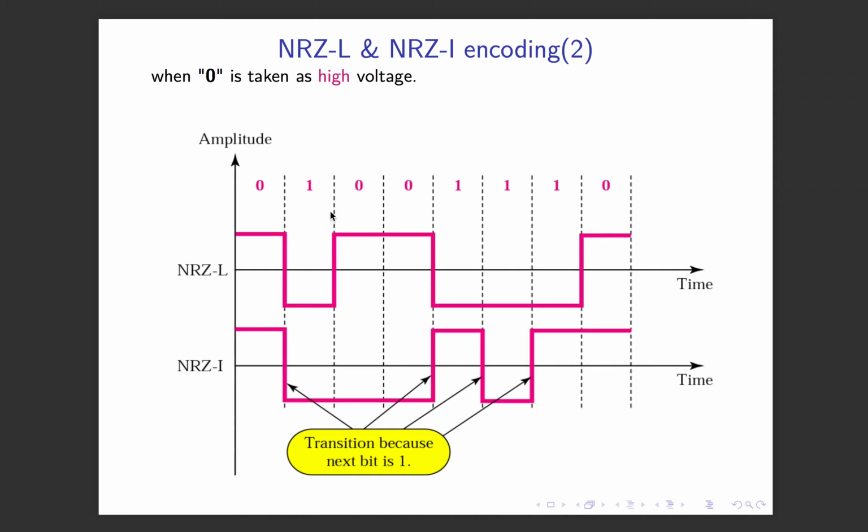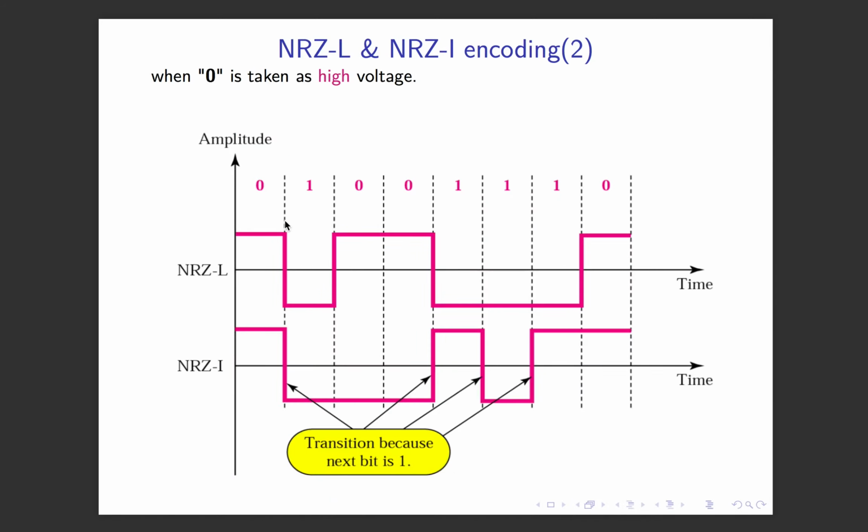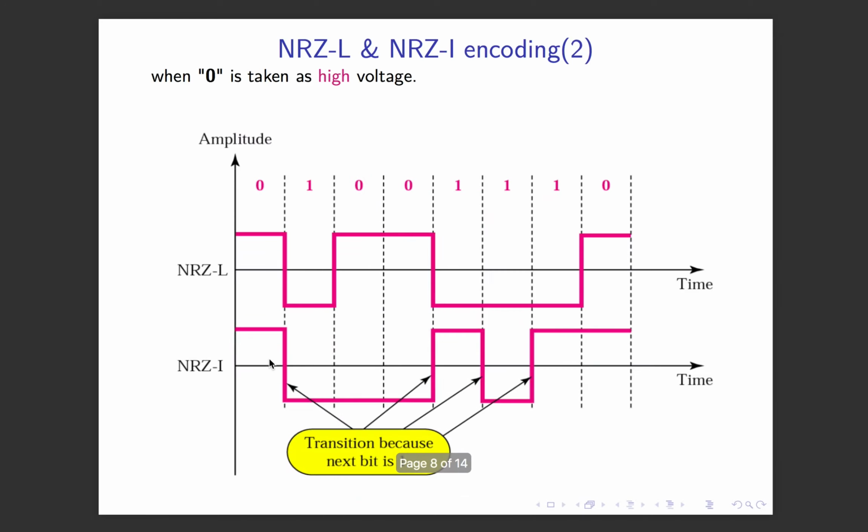Well, this is another example. Here, from the previous problem, the convention is just opposite. I mean, we take 0 as positive and 1 as negative, and we just derive the entire pattern. But the interesting fact is that for both of the conventions, this NRZ-I remains the same, because in the NRZ inverted